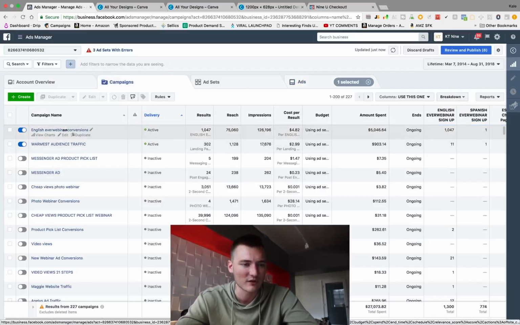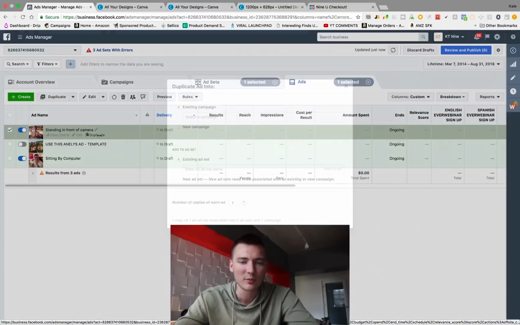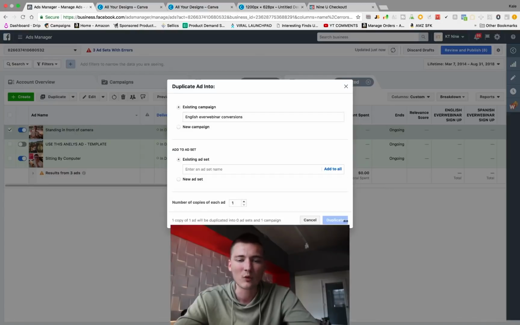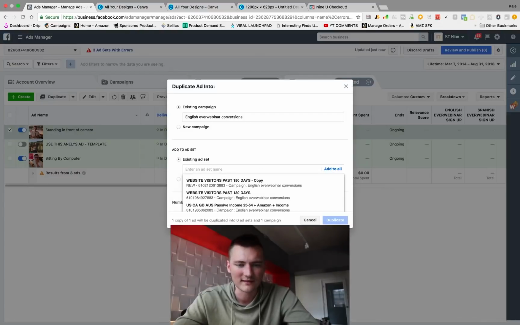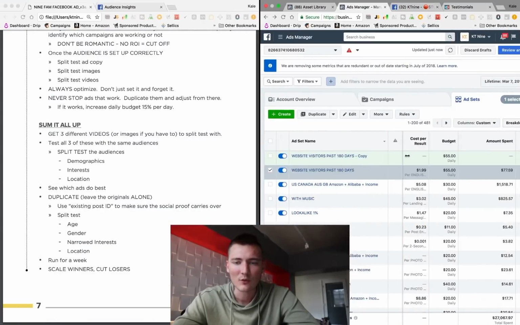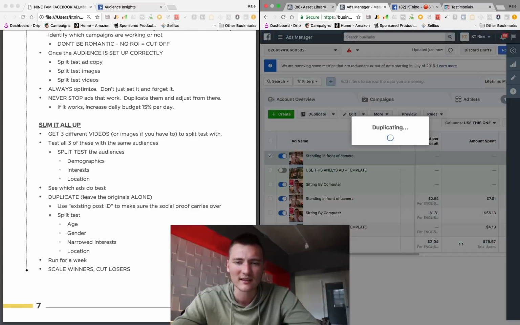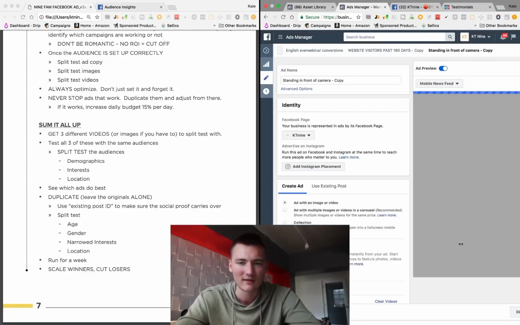I would actually do it this way. I would go into the campaign I like, I would go into the ad set that I like, I would duplicate the ad that I like, and then I would just hit duplicate. Wait, why isn't this working? There's something wrong with my mouse. Do you guys see that? These are saying they're in draft. I think all my cookies are jacked up. I would just go through here. Oh my gosh, something is wrong with my computer. I would hit duplicate, and then I would just duplicate this,